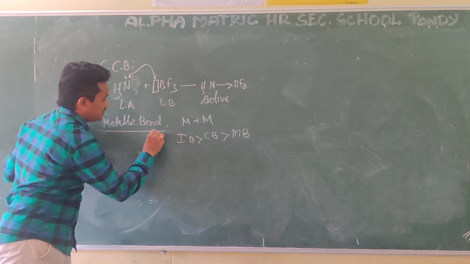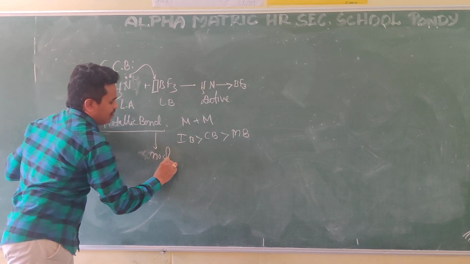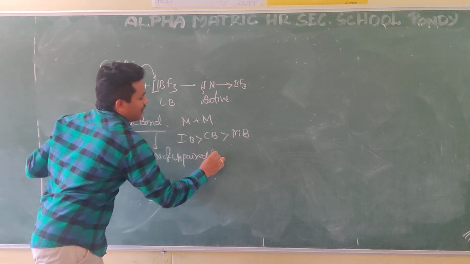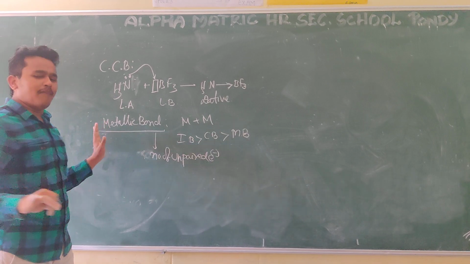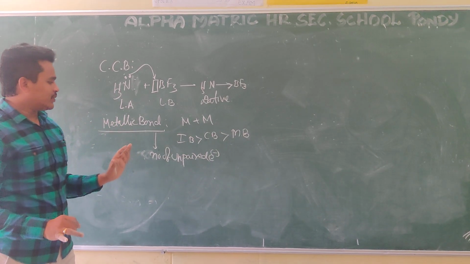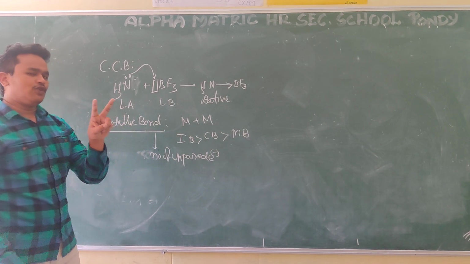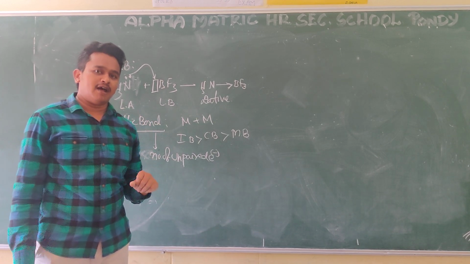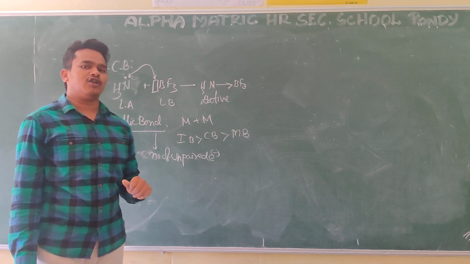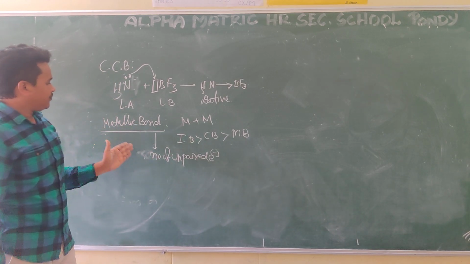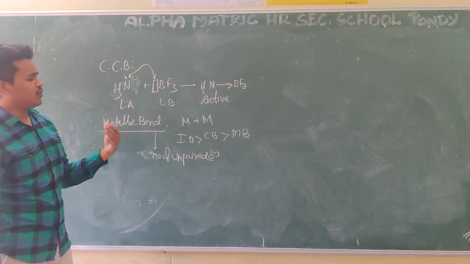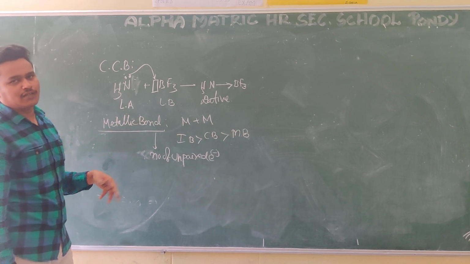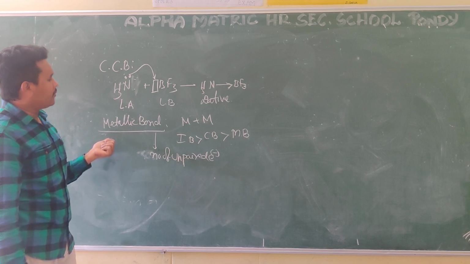Metallic bond strength depends on the number of unpaired electrons. More unpaired electrons means more metallic bonds. When two species are given and they ask which has the stronger metallic bond, you have to check the number of unpaired electrons from their electronic configuration, and then you can say the melting and boiling point order. More unpaired electrons, higher melting and boiling point.